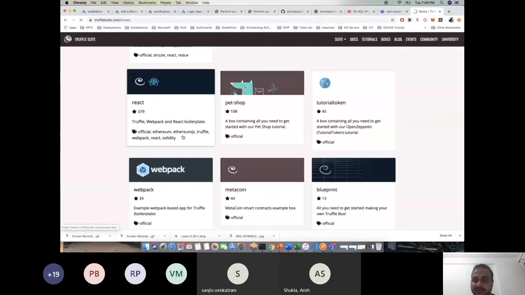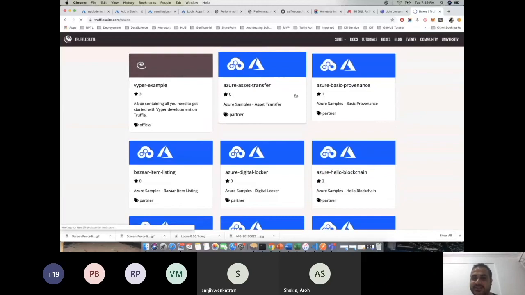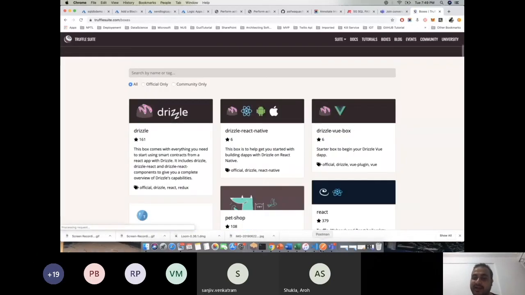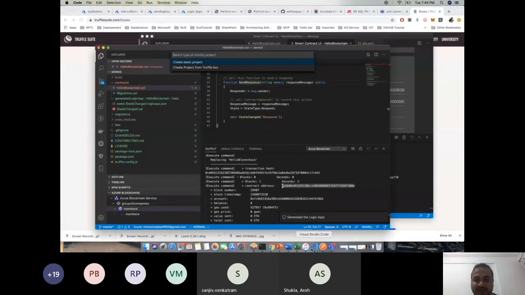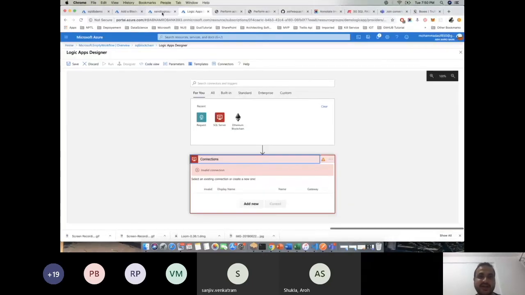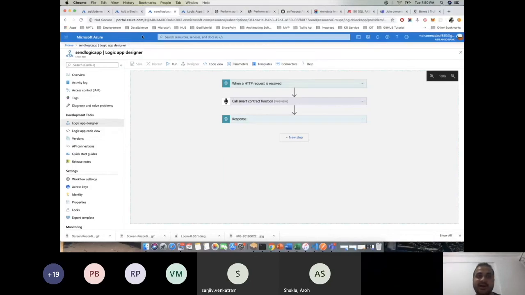If you can see here, there are a couple of projects, like asset transfer and basic provenance. You can provide the asset transfer name, and it will create the Azure asset transfer project. Then you can deploy that project to your blockchain service, create a logic app, trigger it using the database connector, and see how the transactions are performing on the blockchain ledger. So it's really helpful to understand how Microsoft is providing integration with your existing apps,